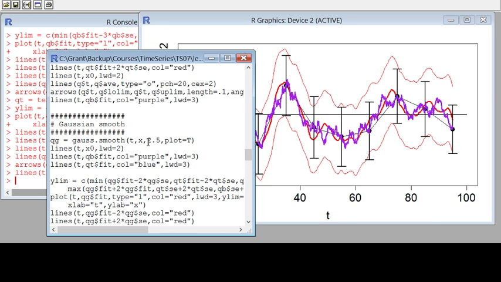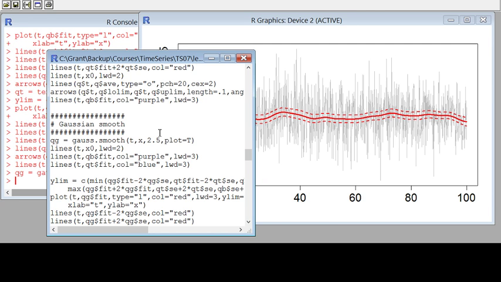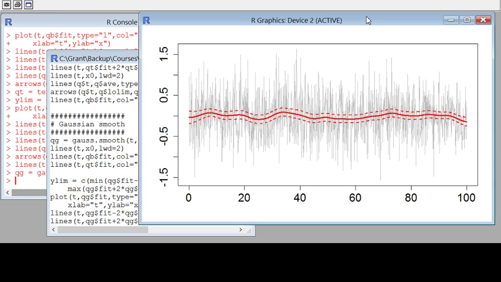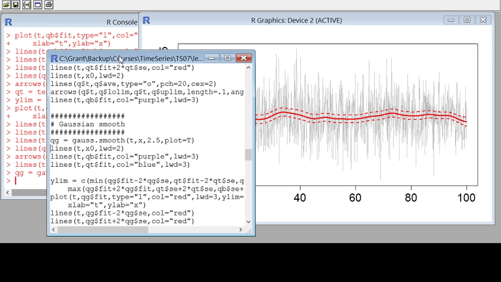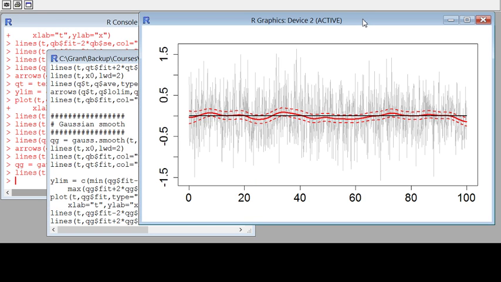So I'm going to compute a Gaussian smooth on a 2.5-year time scale, and I have to pass it the time as well as the data values, and I'm going to give this plot equals true, so it'll give me a nice plot. Well, there it is again. It looks very similar to the others. That's not a surprise. They're all decent smoothing methods, so they should all be returning approximately the same values. I can also say that it compares very well with the true signal, which is a flat line of nothing,